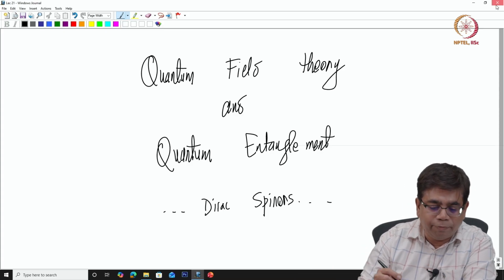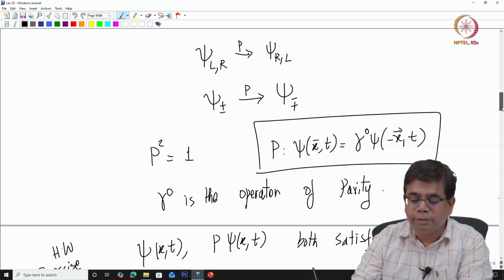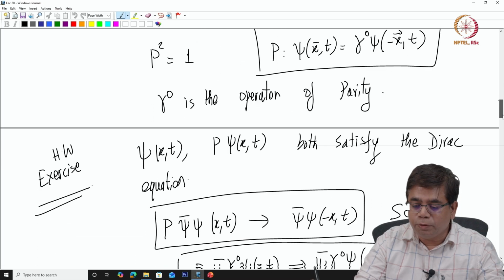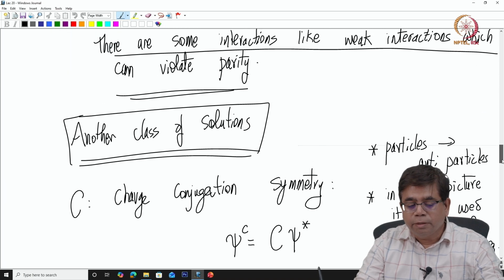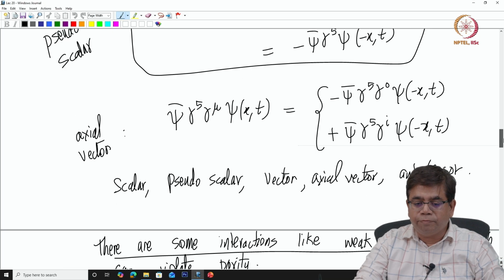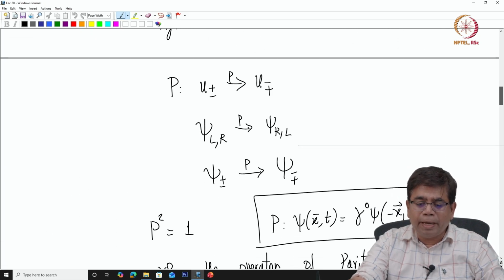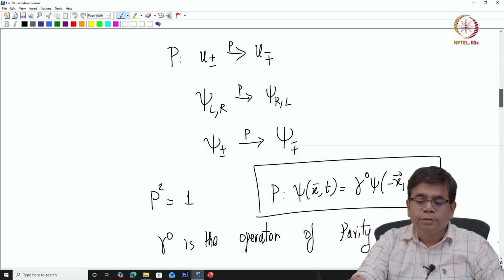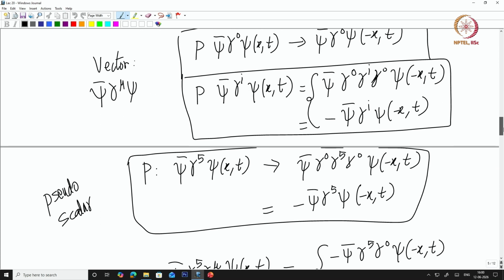So the last time we looked at some properties of the Dirac spinor, the discrete symmetries associated with them, and we also looked at the definition of Majorana spinors from the discrete symmetries itself. We introduced the parity and how under parity the u plus and u minus go into minus plus. So under parity left and right movers change one to another, and then there is the other symmetry which is